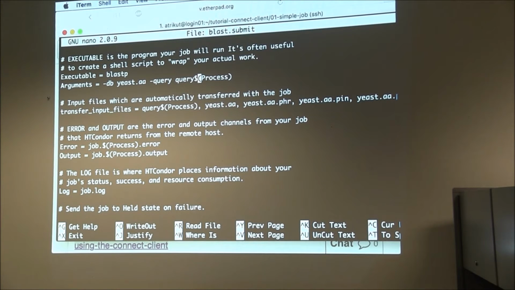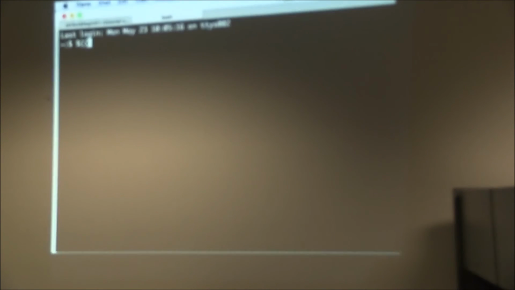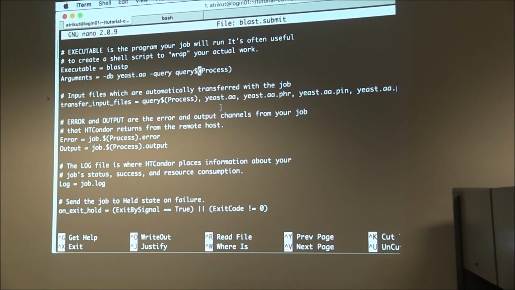Sure, I see what you're saying, and I'm sure you can run some math here. The shell actually has capabilities for doing math, which I'm not really very sure of. Like for example, I can do $ with 2 brackets, 5 minus 3, and I think that will actually do the math. Okay. Yeah. So I think you can use something like that. But augment the process. Like yeah. 500. Yeah. All right.